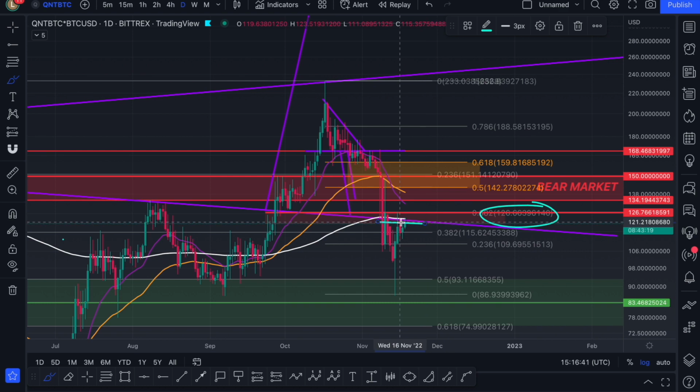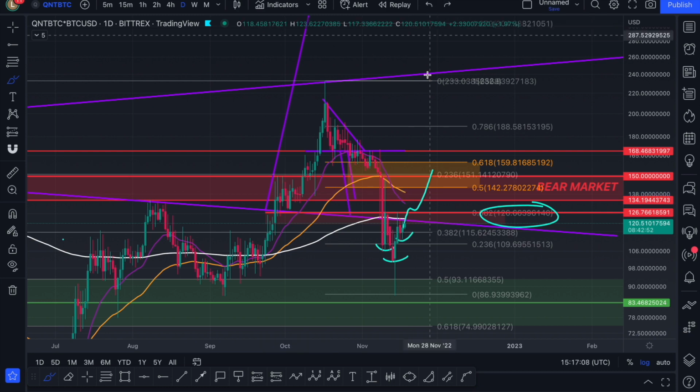So I've drawn a red box for you. And so you don't actually have to go beyond the 382. You can just run into it and then continue lower. However, I must say that we do have a bullish pattern here, the inverse head and shoulders. So if we do see a close above, let's say 126 on the daily time frame, then we are going to continue into the golden pocket. But there's key resistance already down here between 130 and 140, the 20 and the 55 EMA.